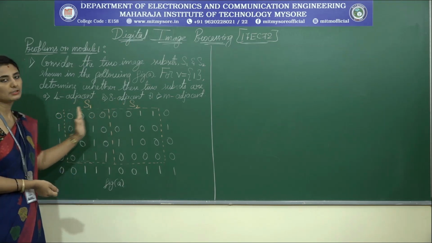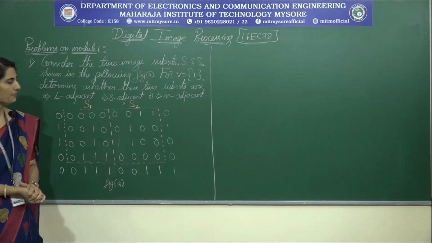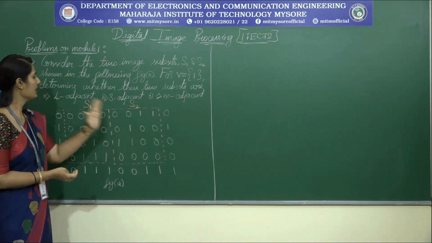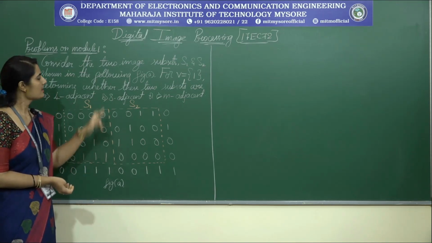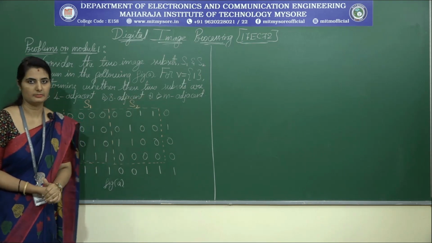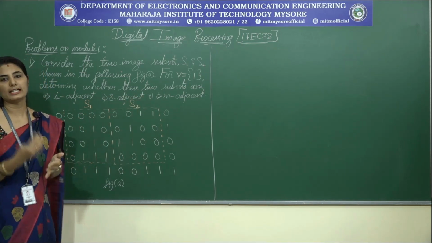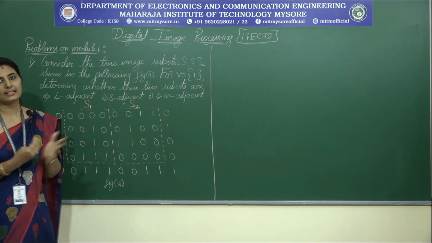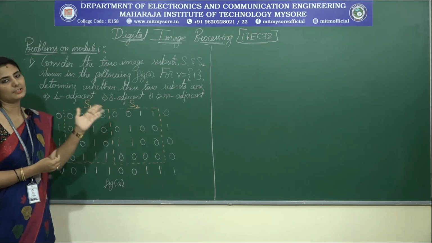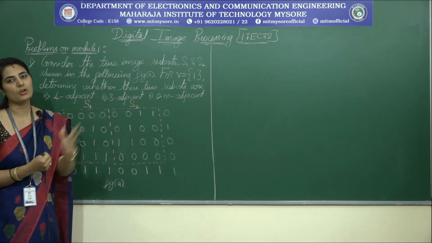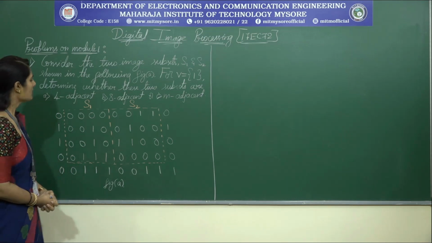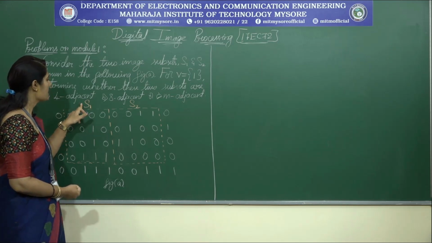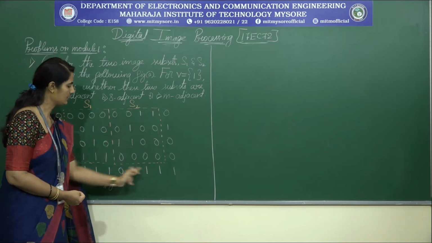Here they have given a pixel arrangement of some image, and they say that S1 and S2 are two subsets of this particular image. We need to find out whether these two subsets S1 and S2 are 4 adjacent, 8 adjacent and M adjacent. In order to find that out, we know the conditions of 4 adjacency, 8 adjacency and M adjacency. So using these conditions, let us check. Now look at figure A, where there are two subsets marked S1 and S2.